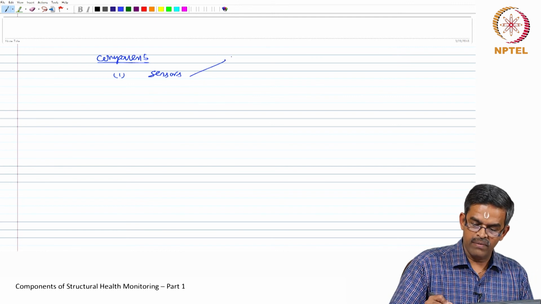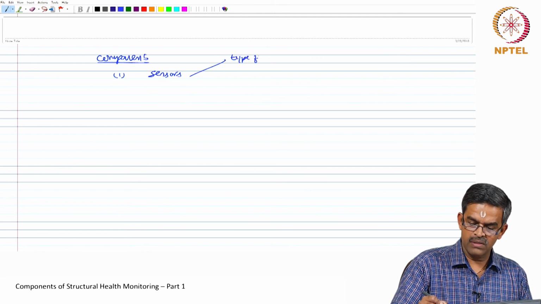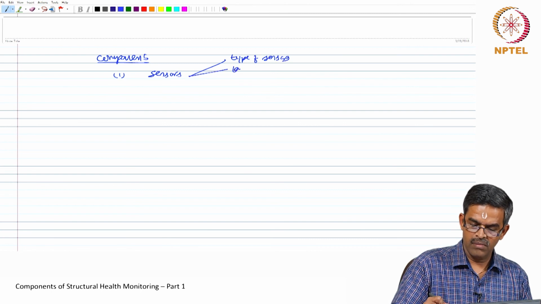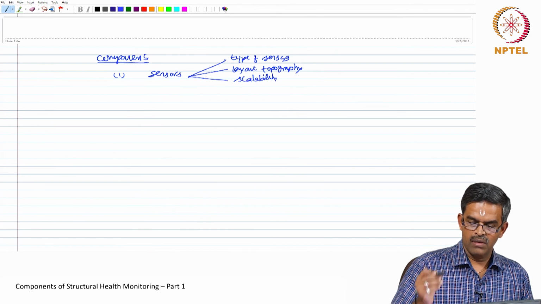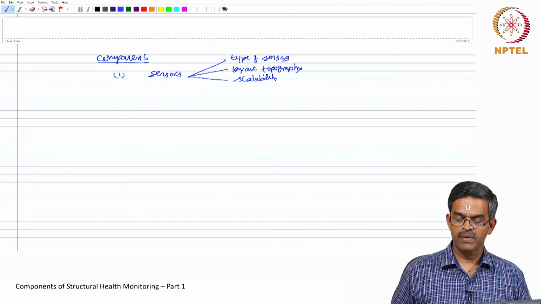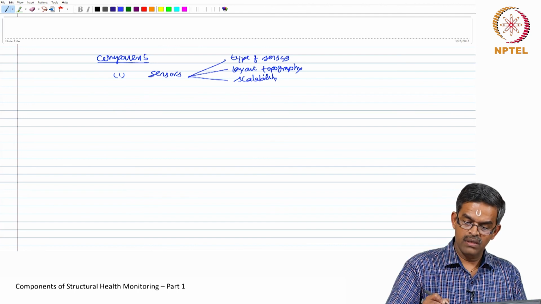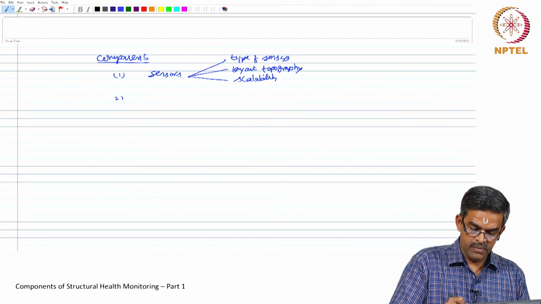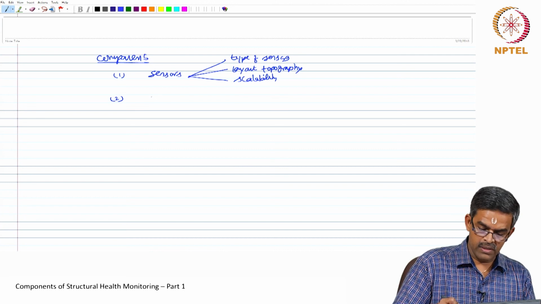These again have different varieties of sensors. Like layout of topography, scalability, etc. The second level is data acquisition,